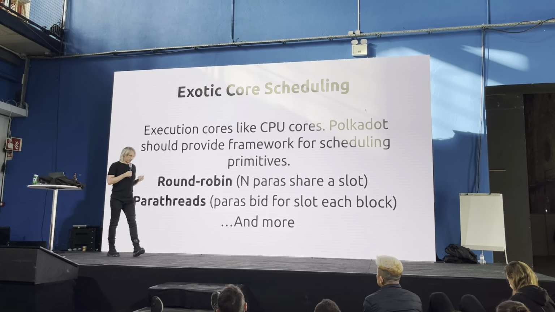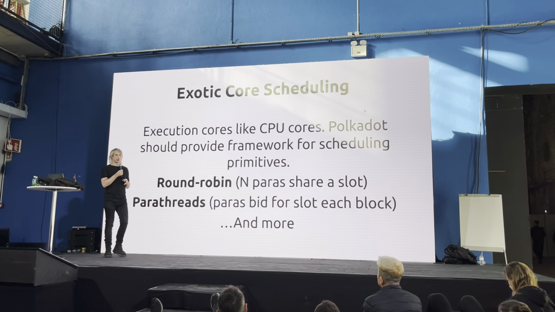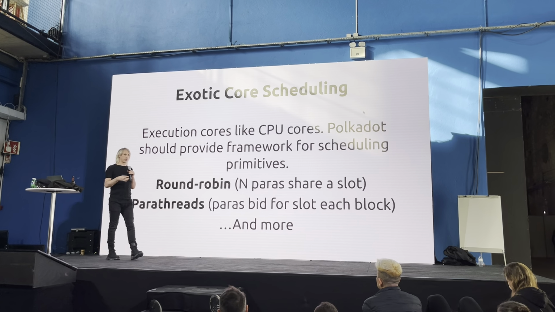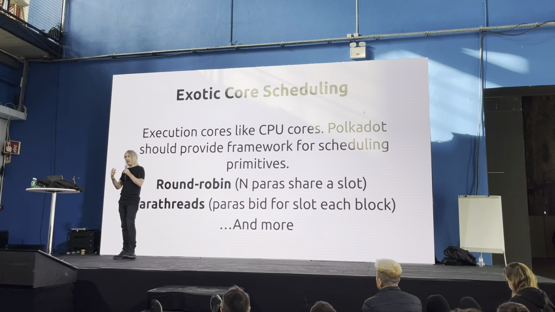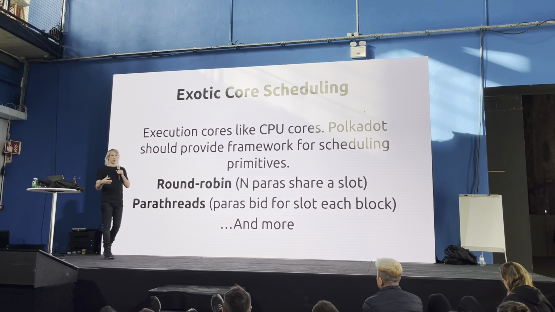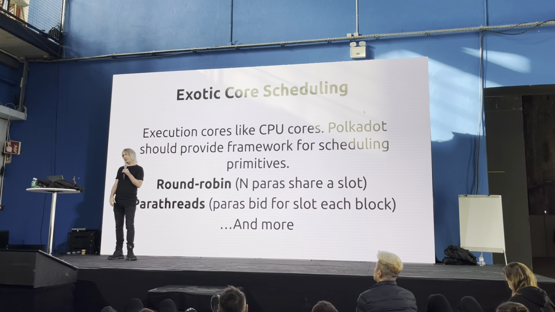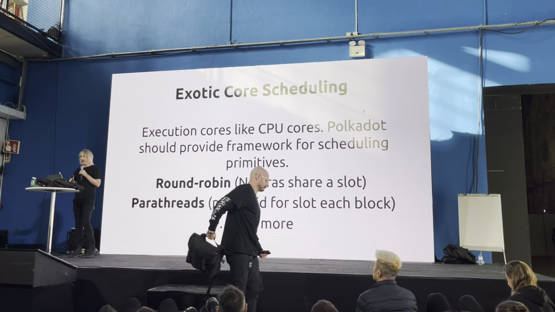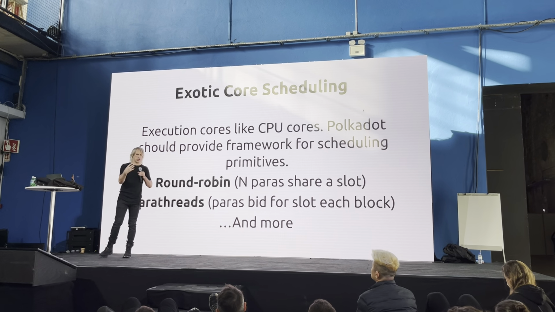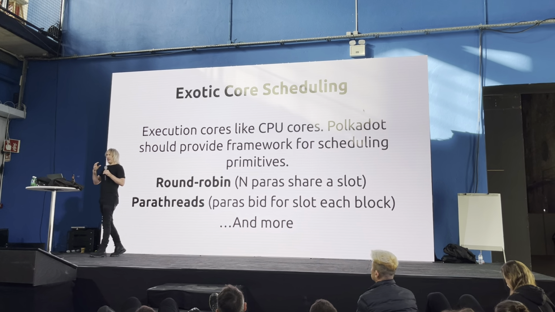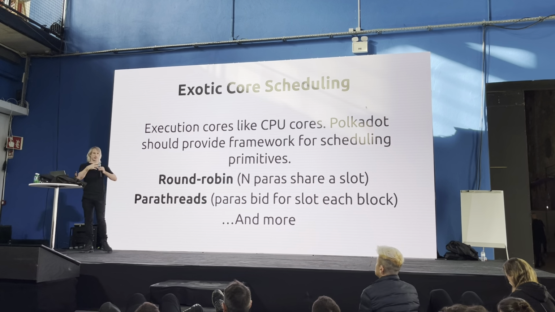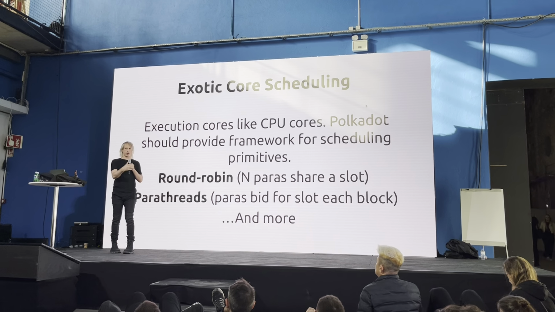One of the things that's been talked about for a long time is parathreads. This has now become a more abstract form of itself: exotic para-core scheduling, basically opening up new scheduling mechanisms for these parachain cores. At the moment, we've only got these 2-year leases. This is a fairly difficult, or fairly abstruse, way of working out what computation should be checked by the relay chain.